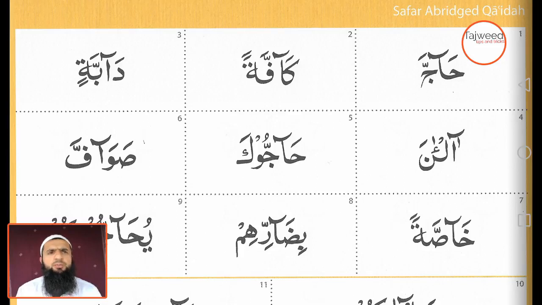Box number 2, the kaf is going to join the fa, but it's going to have that stretch in the middle. Kafatan. Now a lot of people tend to not emphasize the join. They emphasize the stretch, but they don't emphasize the join. You want to do both. Stretch it and the join as well. Remember, it's a shadda there, so you have to still have that emphasis. Box 3,